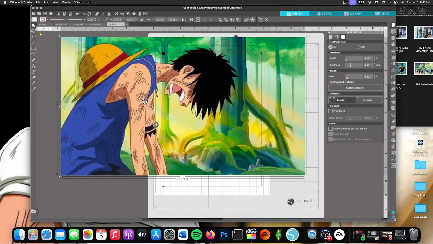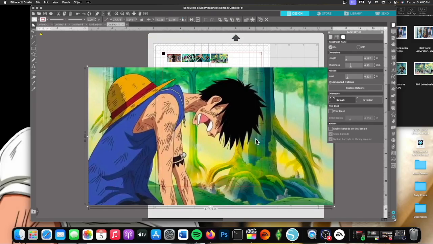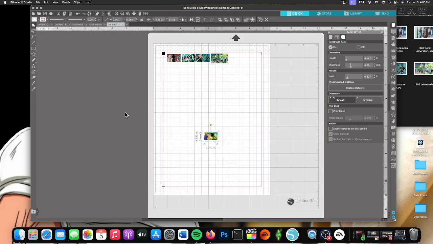Now here's one that I typically would like to try and see if I could remove the background and just have Luffy there, and I will show you that, but I think I'm gonna do both just so I can make the decision once I'm getting my media journal done. So I'm going to put this at 1 inch here, and these are the extra programs that I use when I'm saying that. So I'm gonna put that up there, and my extra programs, I need to come into